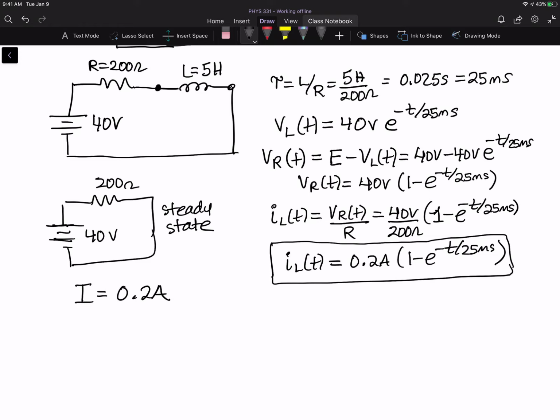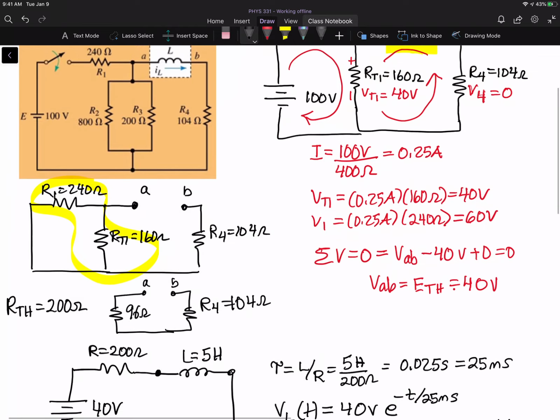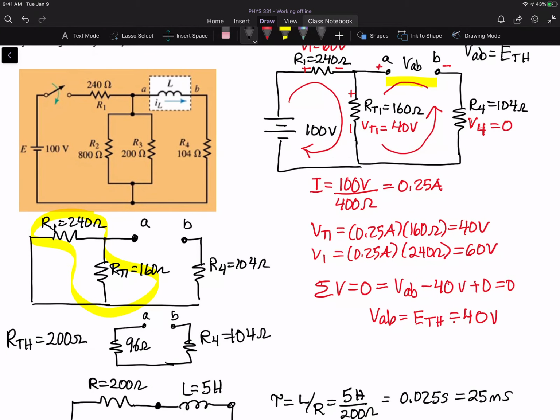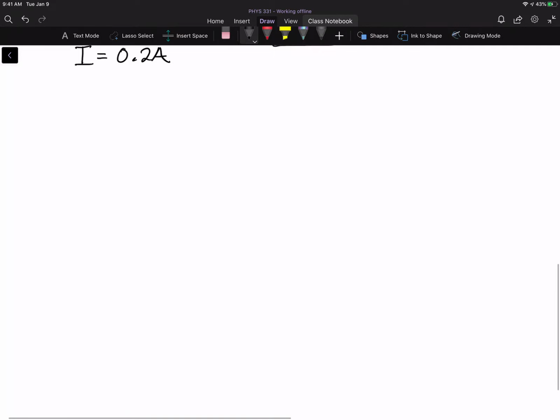Once the system reaches steady state, the switch is opened back up again, so we could go back to our original picture and look at what that picture would look like if I opened up that switch. If I open the switch, the voltage supply and the 240 ohm resistor would no longer be part of the circuit, but the two resistors in parallel would be part of the circuit. So I can redraw that picture again when the switch is opened back up, and it would look something like this,